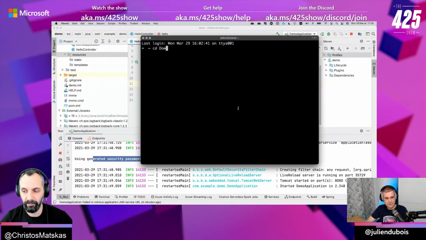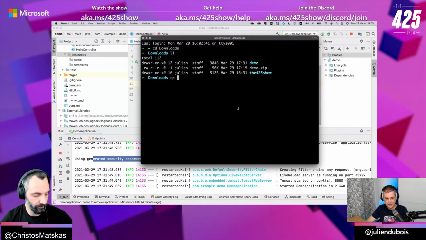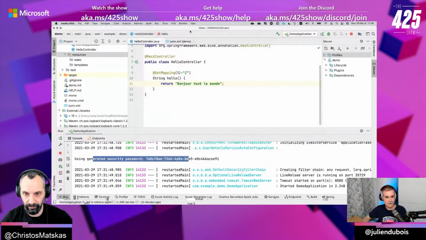I think everything is in my downloads folder. I'm going to copy it. So I've got this file here at the root directory of my sample app, and I'm going to copy it to my demo code. So it should appear here. I'm not clicking on it. It appeared here. I'm not clicking on it because otherwise you will see my password.